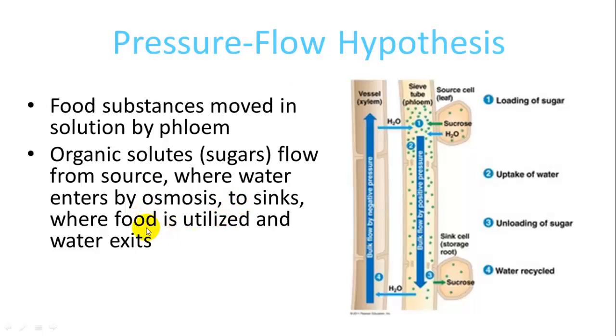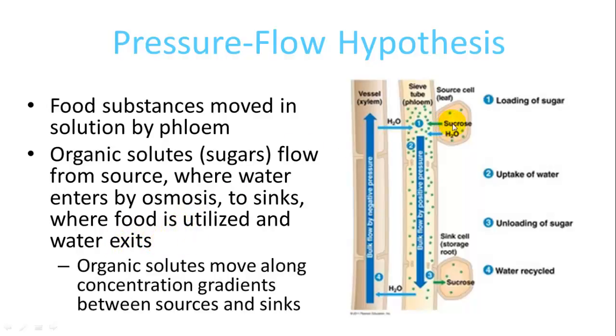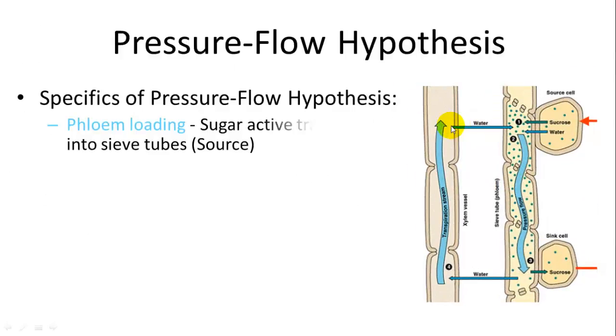Then it's utilized as food, and then water exits. So you have a source in the summertime when you have photosynthesis occurring in the plant. You should have lots of sugars being made in the plant, or the leaf, and so that will be the source in this example. Okay, so we have our leaf,